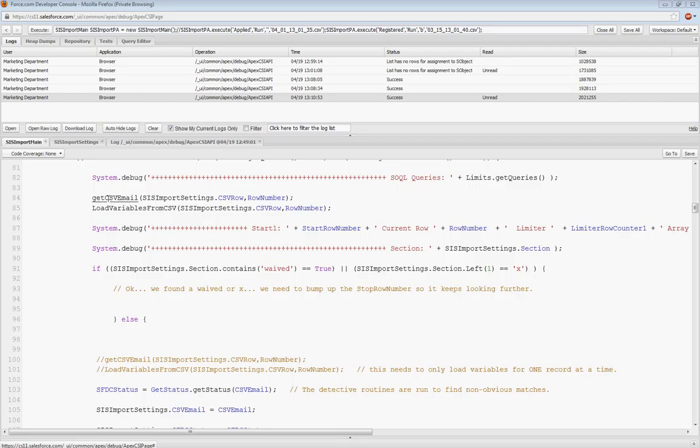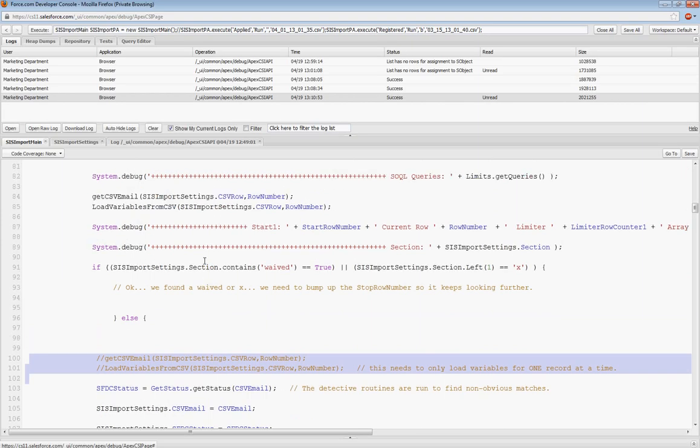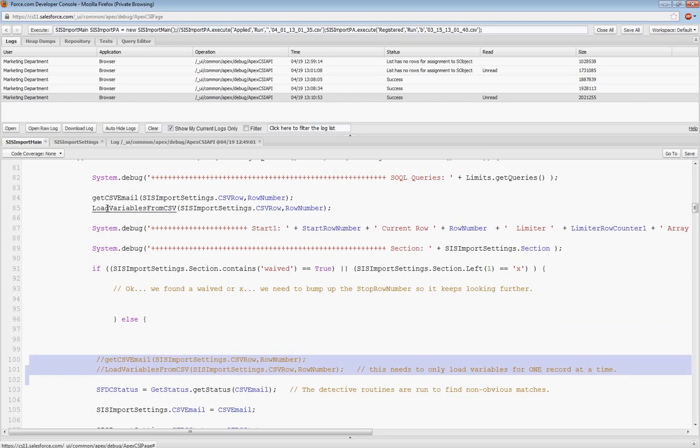Okay, so we didn't need to run the get CSV mail unload variables a second time. That's not necessary. That should have been commented out. I'll delete that. Next thing we do, now that we have successfully loaded the variables, figured out the guy's email and so forth for this particular row, for this particular individual,